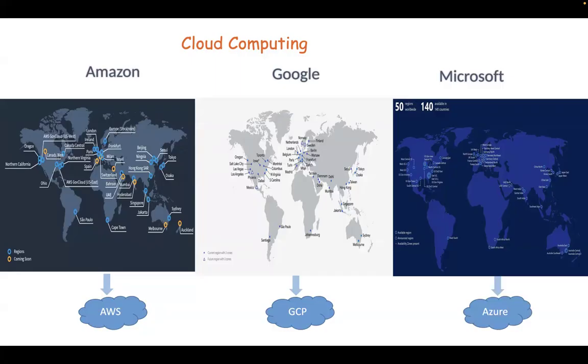We know popularly these three only, Amazon, Google, Microsoft, but there are lots of vendors who provide cloud services. Like even IBM company also having data centers, they also provide cloud services through a platform called IBM Cloud. And we also have Oracle Cloud, DigitalOcean Cloud, Tencent Cloud, Alibaba Cloud. Many cloud platforms are available. But the most popular cloud platforms are AWS, GCP, and Azure.